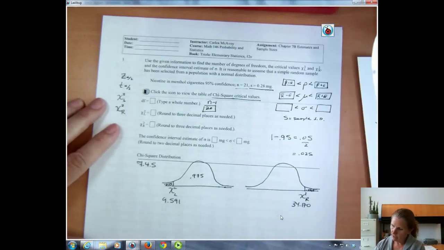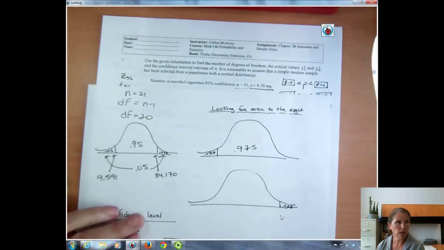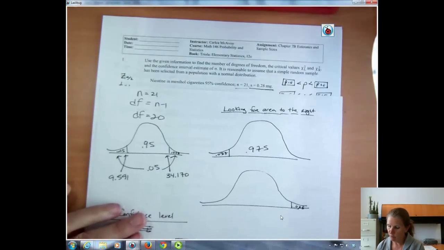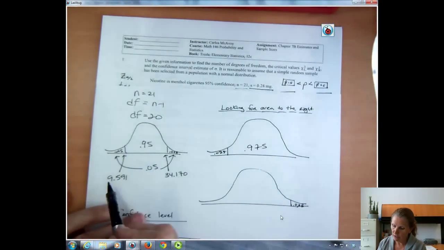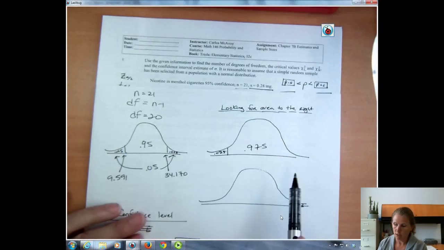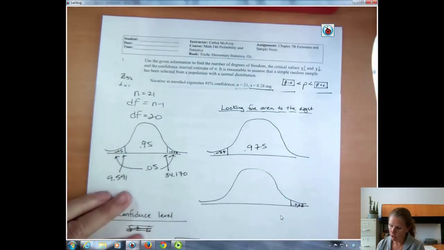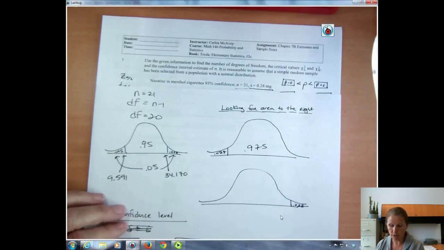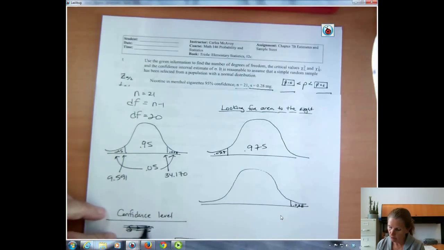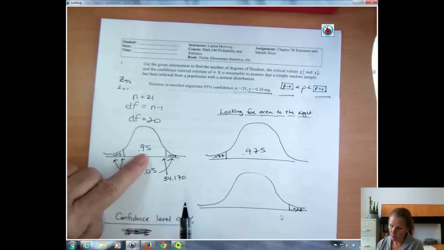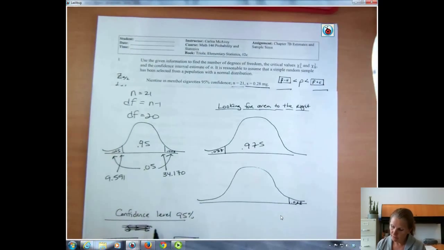So if I look at it this way, 95% gives me two different values, to the left and the right. You can see over here, I drew that earlier. Now the confidence level is 95% here, and that's how I got that 0.95. They were giving us that. Now if I want to do a confidence interval,